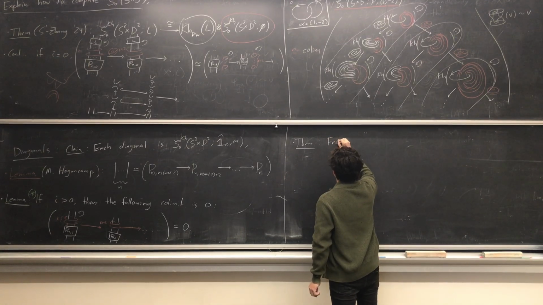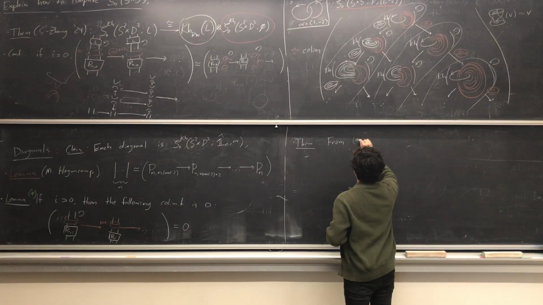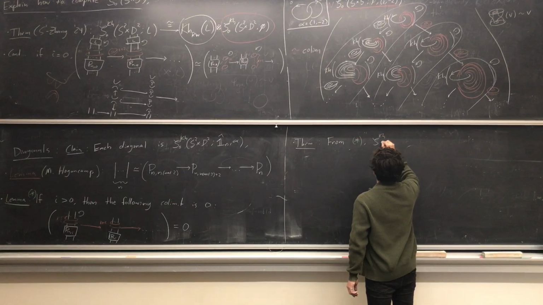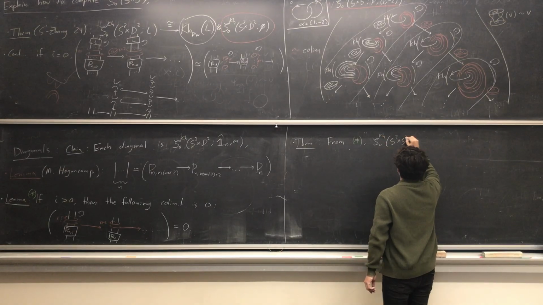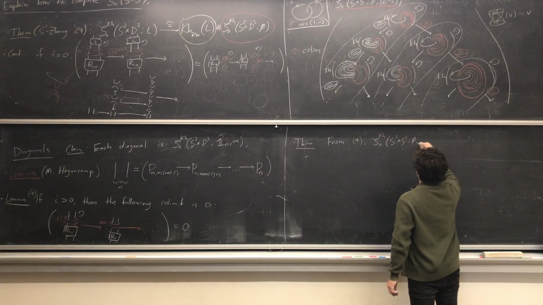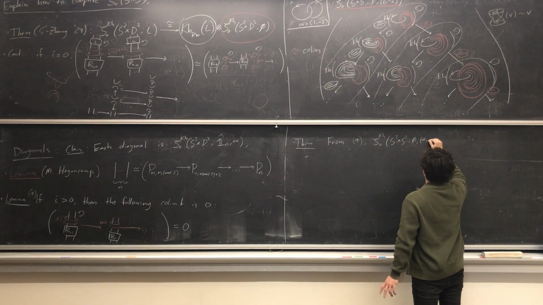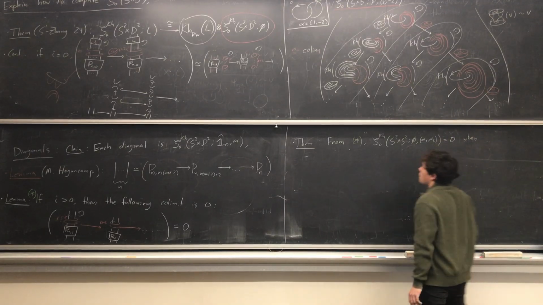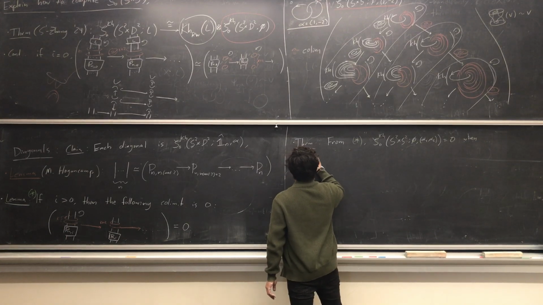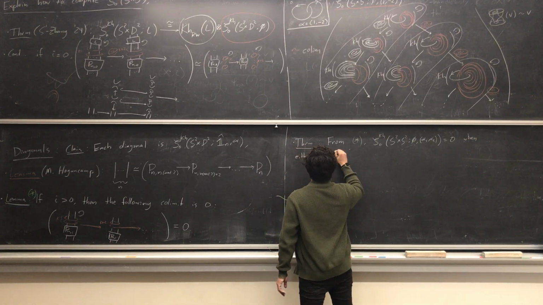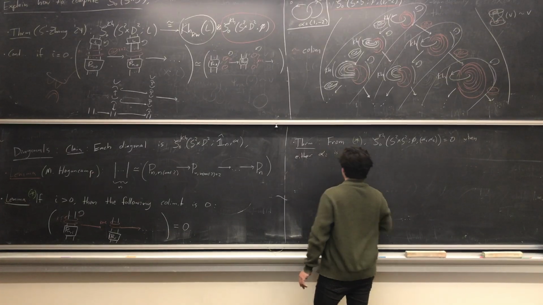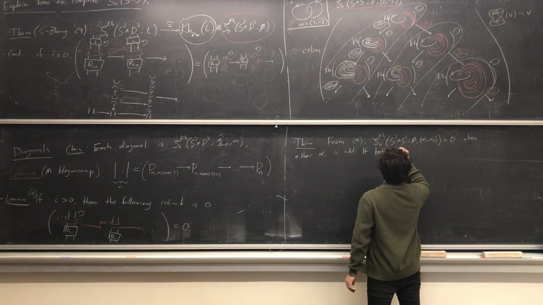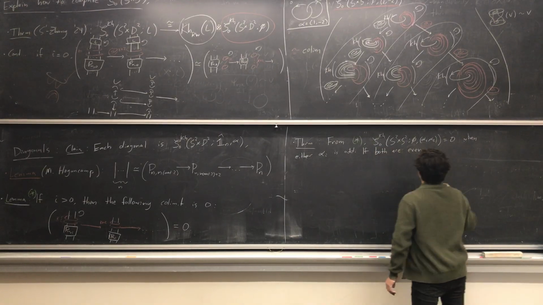So from green star, the Khovanov lasagna module of S2 cross S2 for a skein grading alpha 1, alpha 2 is 0 when either alpha i is odd, and if both are even, then we end up with